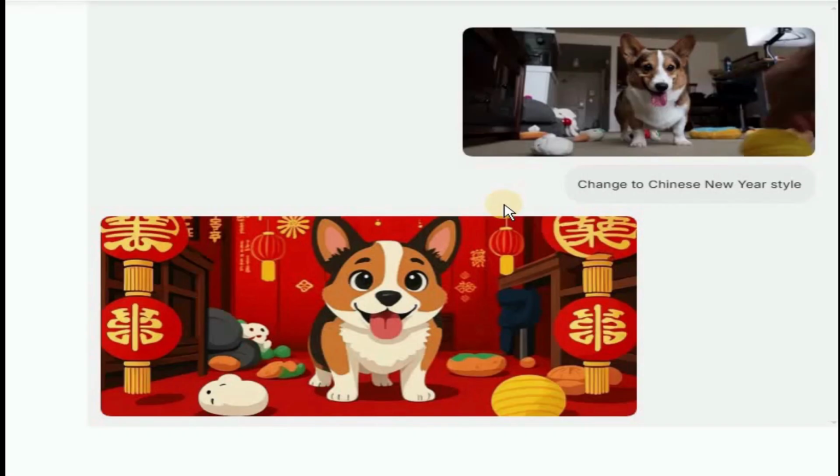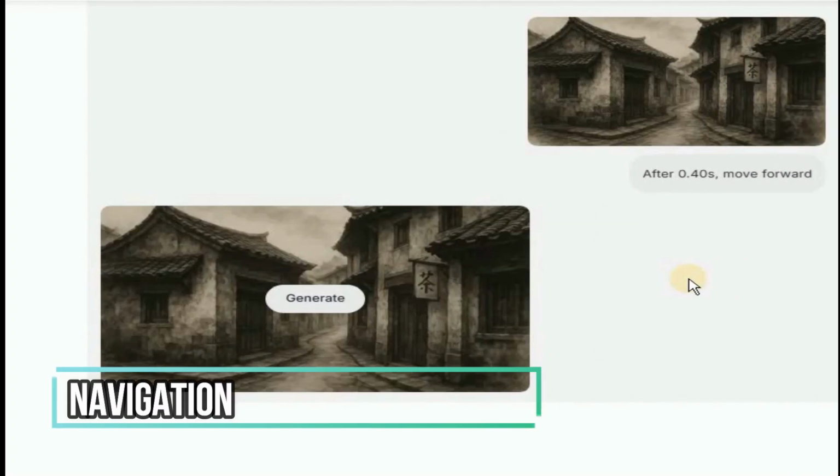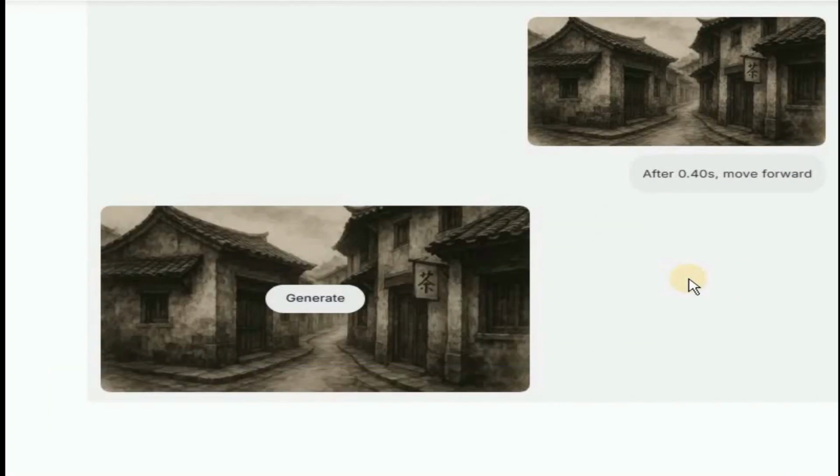And in addition to all of these features, you can also use Bagel to get some other cool effects on your image. So you can use this to perform navigation on a static image as well. All you need to do is upload an image, and here I've provided the prompt that after 0.40 seconds move forward, and this is how it has generated the image. So once again, I need to remind you that it cannot generate videos, rather it provides us a bunch of different images which if you stitch together and play frame by frame will appear as if a video is generated. So here it has provided us the output.